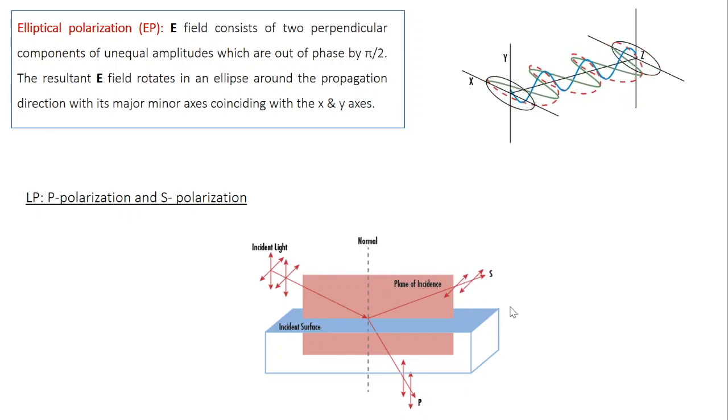When you learn about lasers and all, you will hear that lasers are typically S polarized because the laser rod is cut at Brewster's angle and all. Also maybe you will hear that mirrors work best with P polarized light. So these are essentially horizontal and vertical polarization defined with respect to a particular interface or a particular plane of incidence. Anyway, you will learn more about polarization in your optics course.